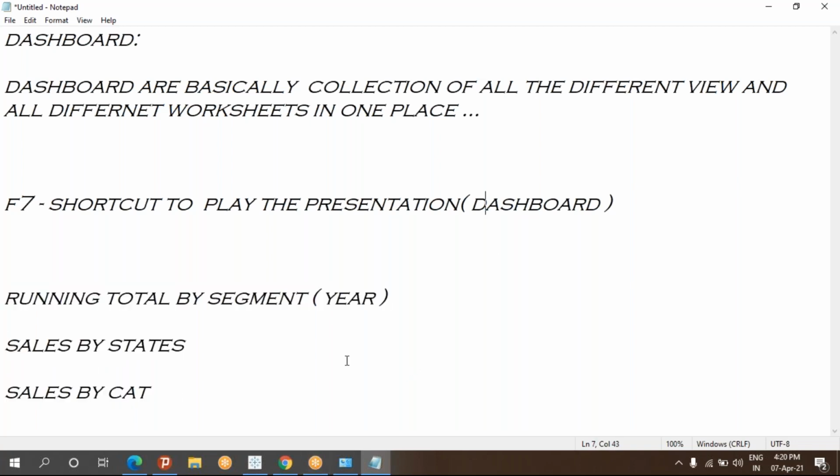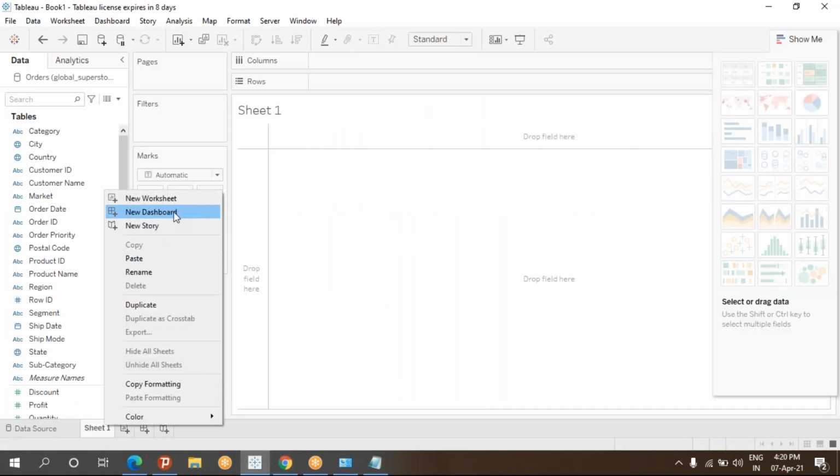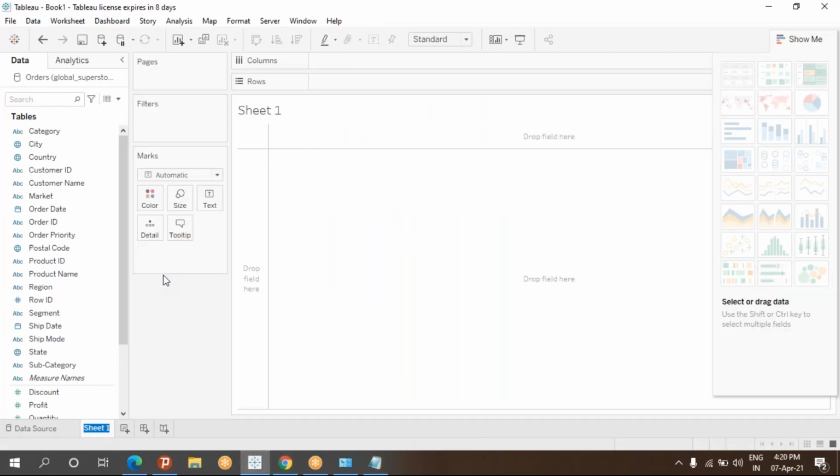So let me go back here to our Tableau. The first thing we are going to do is running total by segment.